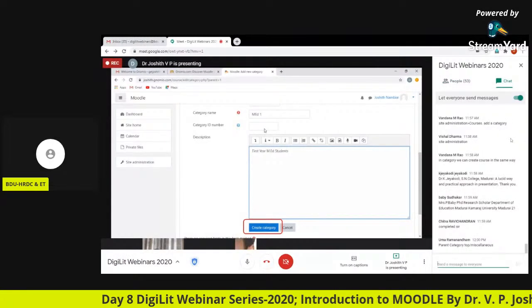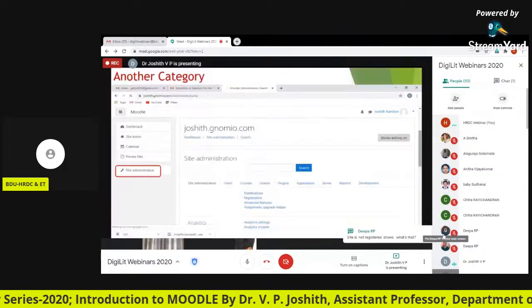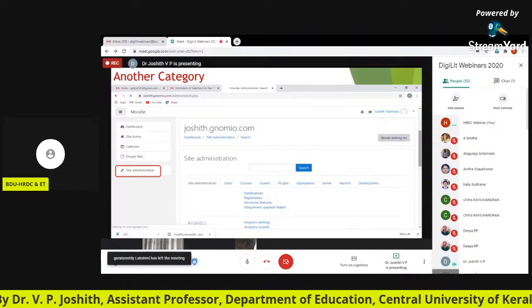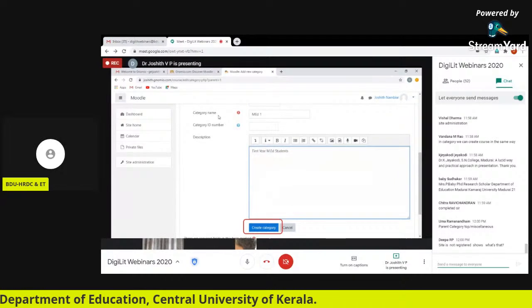Category ID number. If you have a program ID, you can give it there. Otherwise leave it. Now, after that, description. You give a small description.